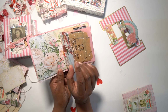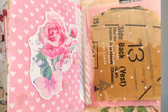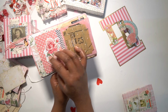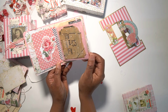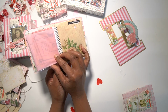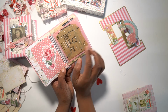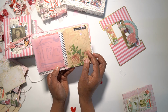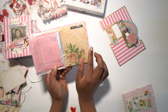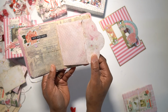And as I flip through the pages, this is also a mesh that I put on top as an extra dimensional layer of the papers, and I add on a pocket, and this pocket has a beautiful vintage piece of pattern paper inside, so it's well sealed for her, and that's just put in later on with the washi. A beautiful cluster there, again some combinations,